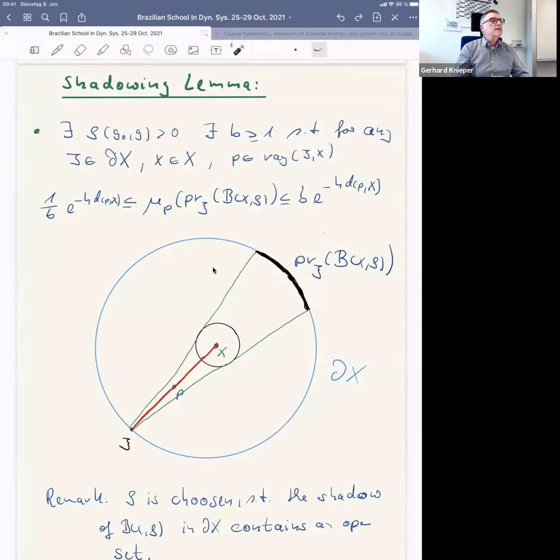So there exists a constant which is universal and depends on the two metrics which you have: the background structure and the metric G. You cannot say much about the constant, but this is a priori given. And another constant B, which shows up in this inequality. Then if you measure the shadow, let's say for the shadowing lemma, the shadow of